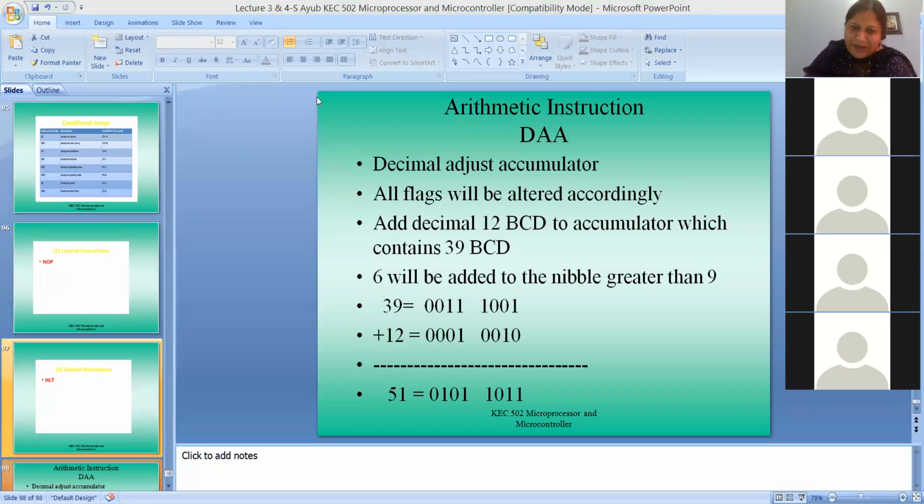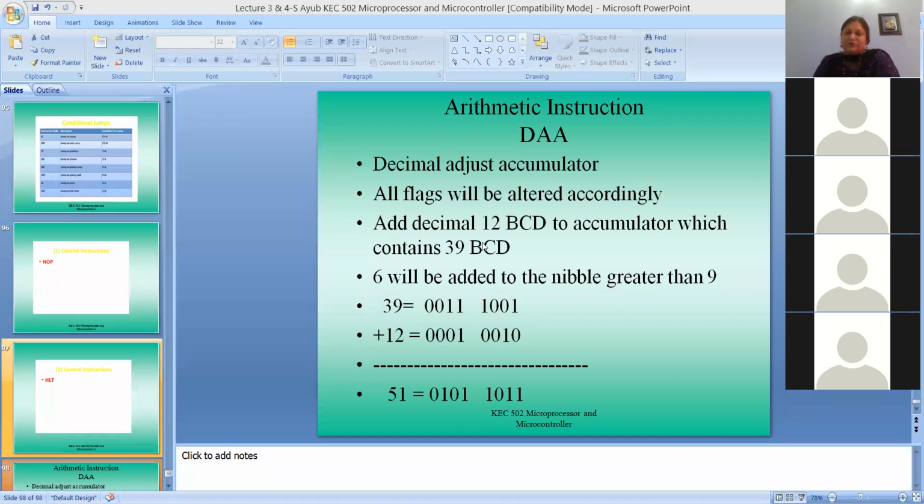But you do not want that. You want to work with the microprocessor, but you want your addition results to be treated as decimal results. That means you want the microprocessor to show you 39 plus 12 as 51, because 9 plus 2 is 11, that is 1 carry 1, and 3 plus 1 plus 1 is 5. So 51 is your new content. If your contents are 39 and 12 and you want the result 51, then you have to write the DAA instruction after the add instruction.